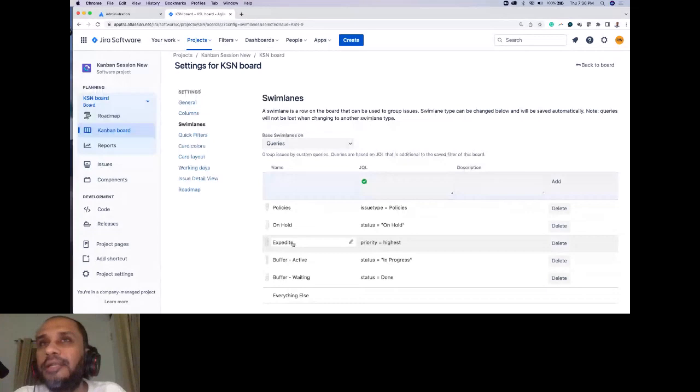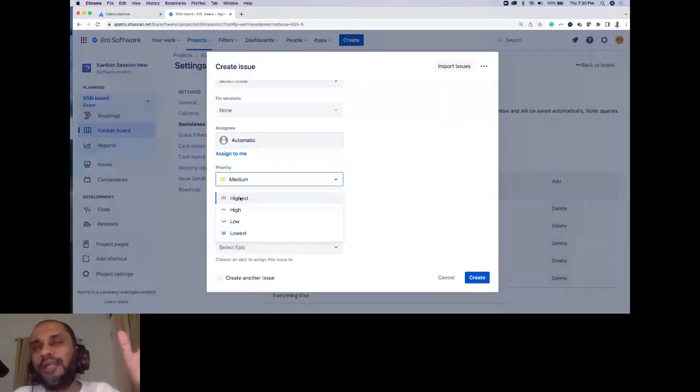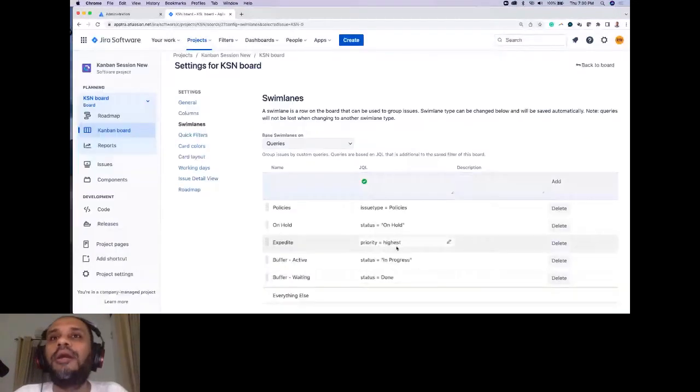We have decided that highest priority, we create a Jira ticket, we can mark the priority, right? So we have these categories. So what I've done is I've gone ahead with these priority categories that are available on Jira. And basically what I'm saying is, if we create a ticket with highest priority, that means it should be expedited. I'm saying is, if priority equals highest, add them to the expedited column.